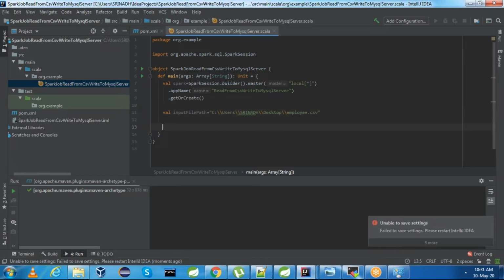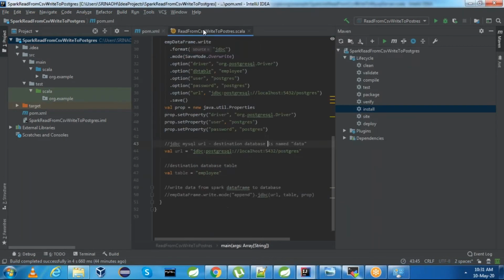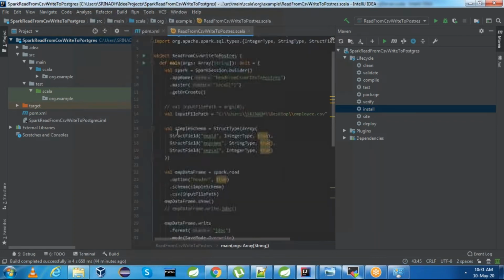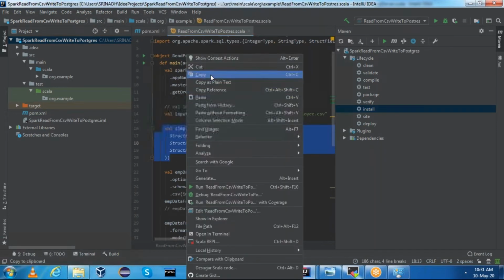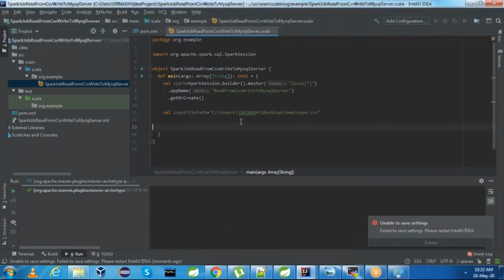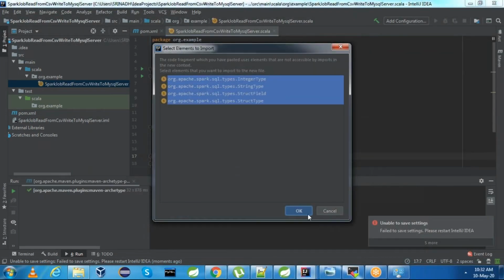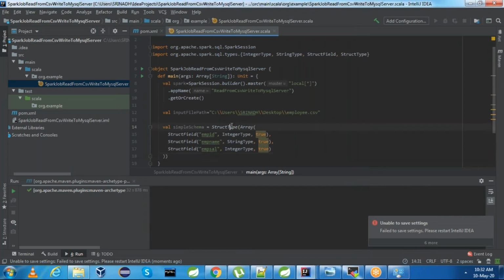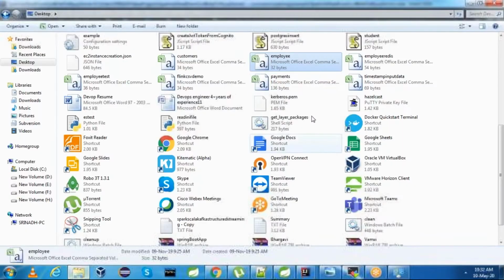Now we need to read the employee.csv, and if you want, you can mention the schema as well. I have the schema also. Copy this schema. We have to mention StructType, which is an array of StructField. Each StructField is nothing but a column of the CSV file.